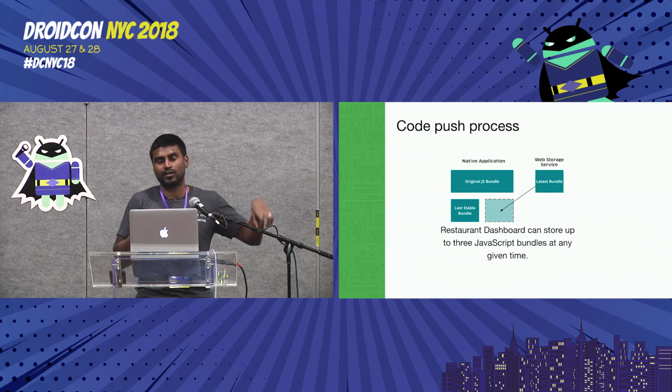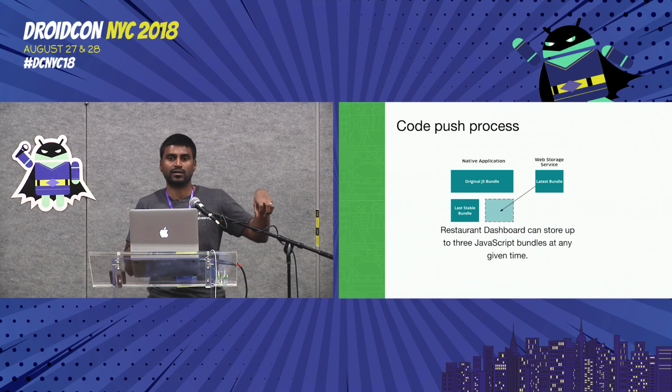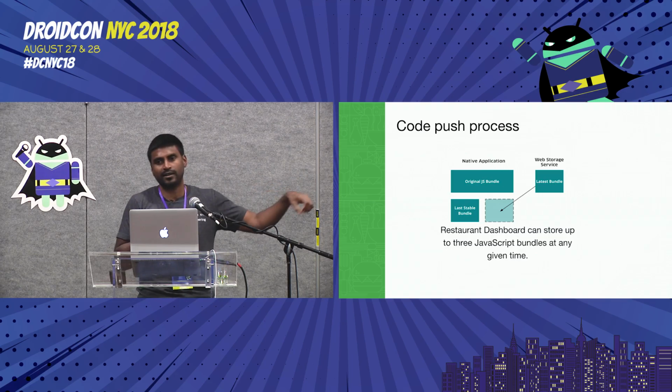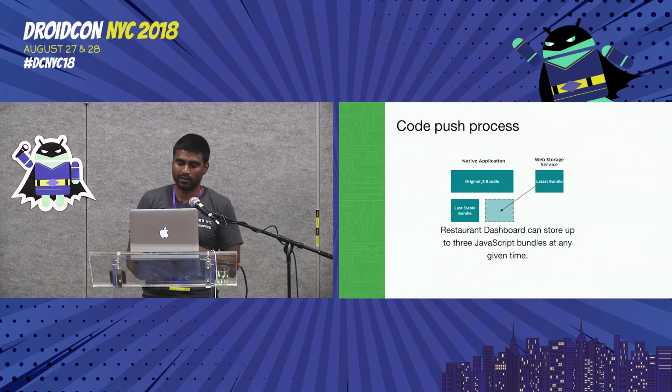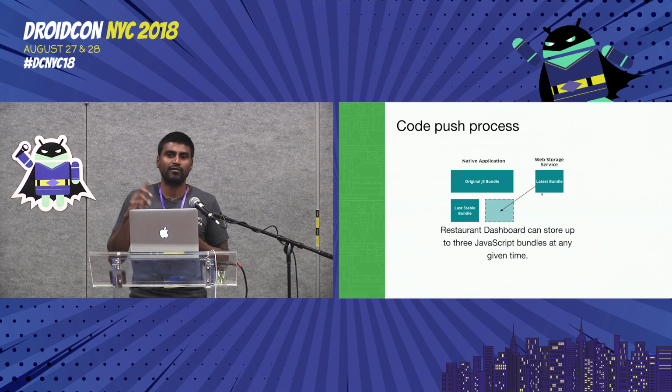The fail-safe is whatever bundle the binary was shipped with. So that's always kept around for posterity if we ever have to pull that in. You can see the original JS bundle, last stable bundle, and latest bundle. This was very important for us to get right for a small team, but also because,